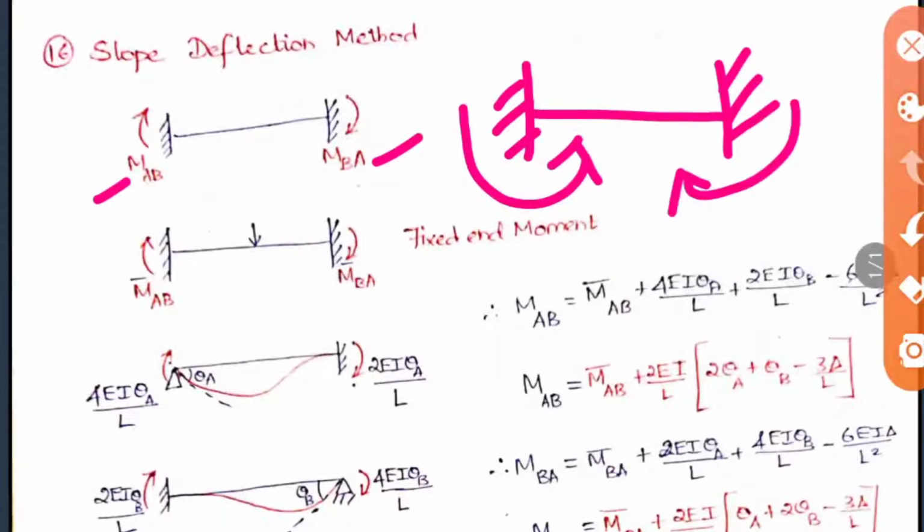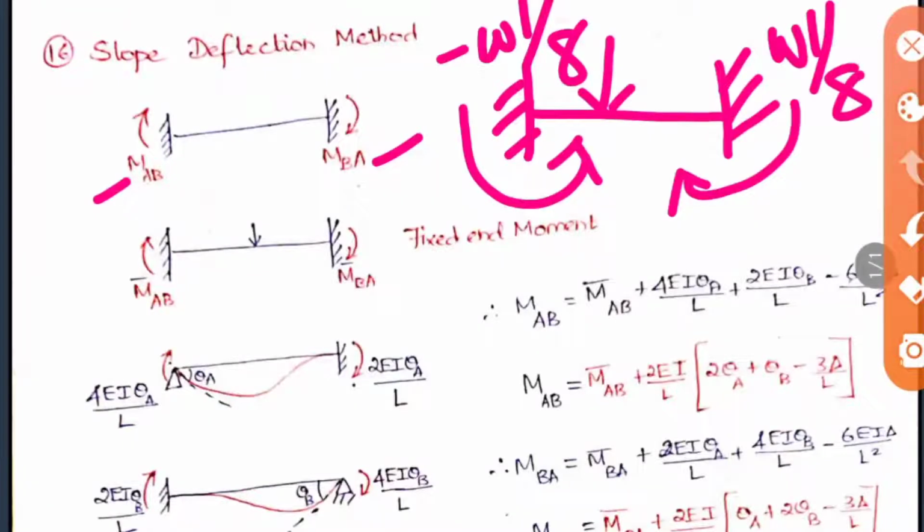But in slope deflection we consider everywhere a clockwise direction only. So to make this correct, we apply the moment as a minus value at the left support. Let us consider a fixed beam with a point load at the center. What is the fixed end moment for this case? It is WL by 8 at A and also at B. At both ends it is WL by 8, but here we take minus WL by 8 on this side and WL by 8 on the right side, because we are considering the direction of that moment in the opposite direction in this slope deflection method. To make the change, we are just applying this.